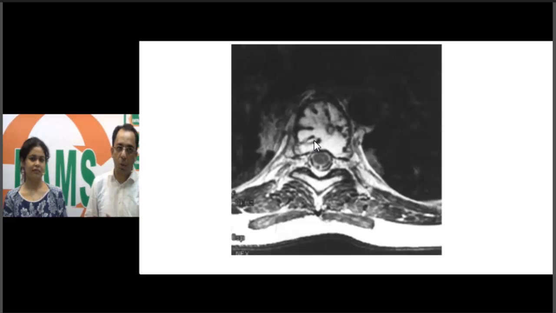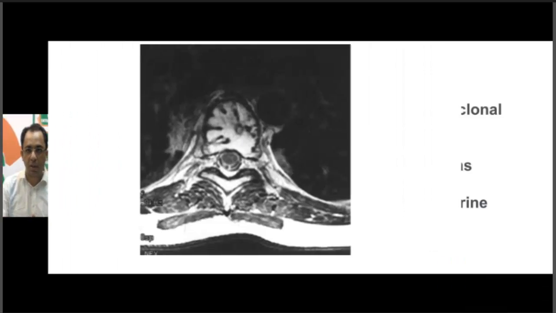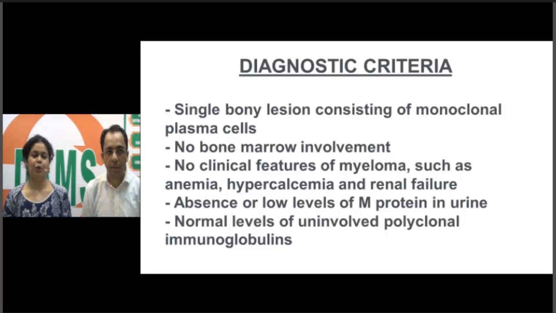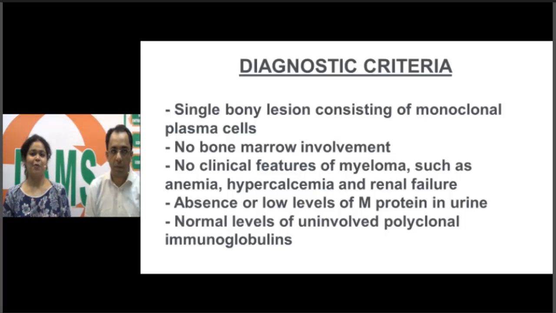Now I'll hand over to Diksha to talk about the pathological aspect of this disease. So first of all, plasmacytoma, as the name suggests, is a tumor of plasma cells. It's monoclonal plasma cells. We usually talk about neoplasms of plasma cells in terms of multiple myeloma, but this is different because here we only have a solitary lesion, either in the bone or extraosseous. What we're discussing is a case of a solitary plasmacytoma of the bone, and for diagnosis it should consist of monoclonal plasma cells and there should not be any bone marrow involvement. Once bone marrow gets involved, it becomes multiple myeloma.